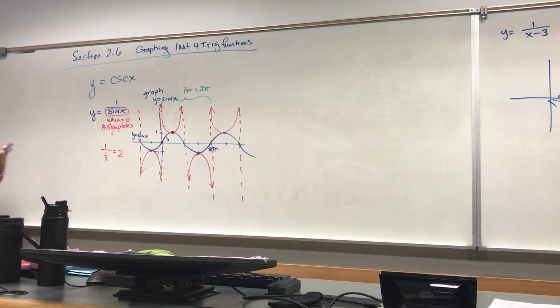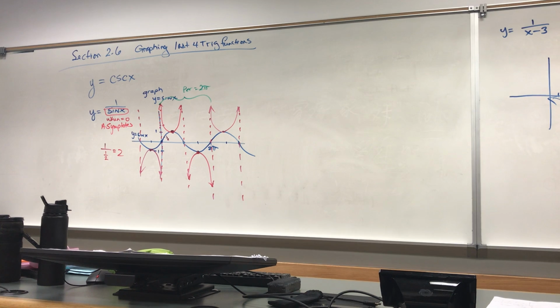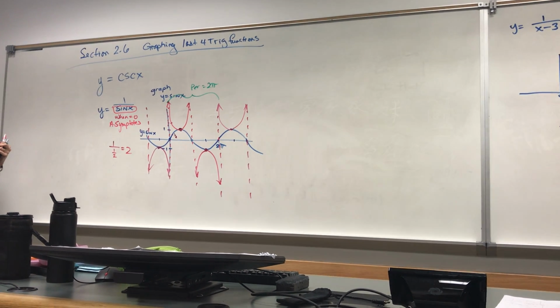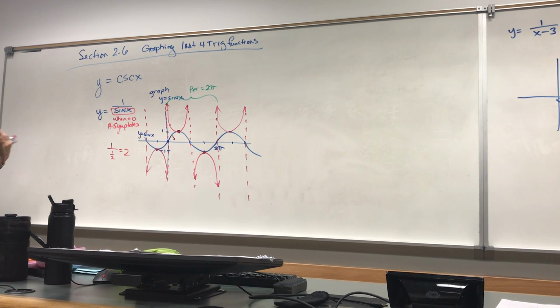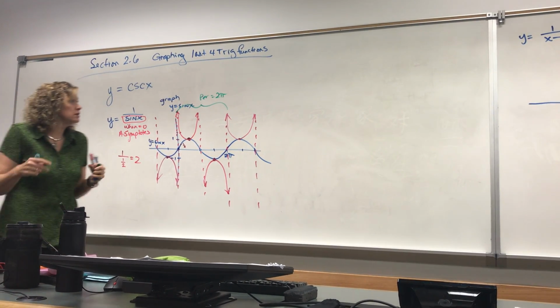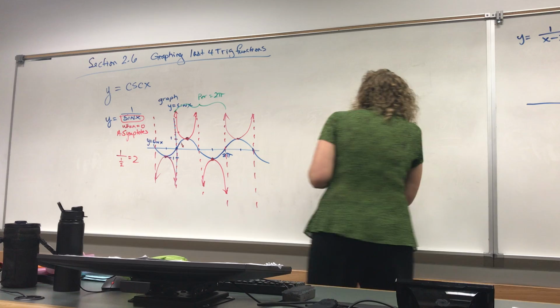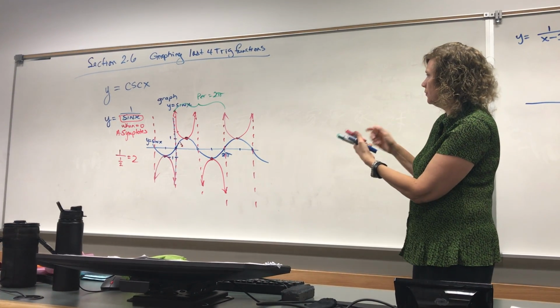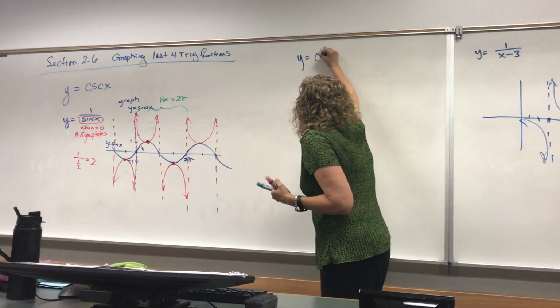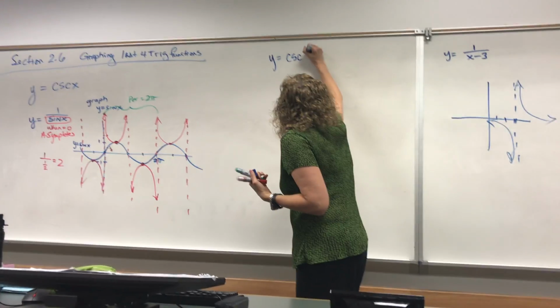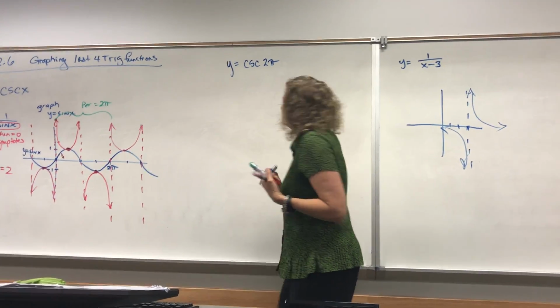Okay. Amplitude, we don't actually talk about amplitude with respect to secant and cosecant curves, so we don't have to worry about that. But if we had a period adjustment, it's going to occur in the same place. So for example, if we were going to graph y equals cosecant of 2 pi, no, not 2 pi,